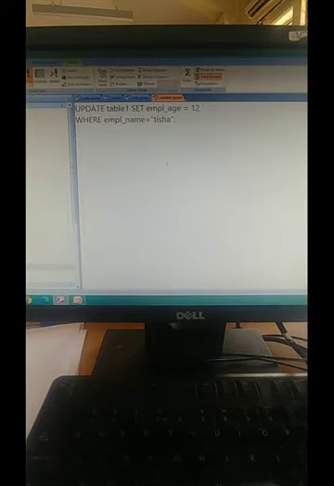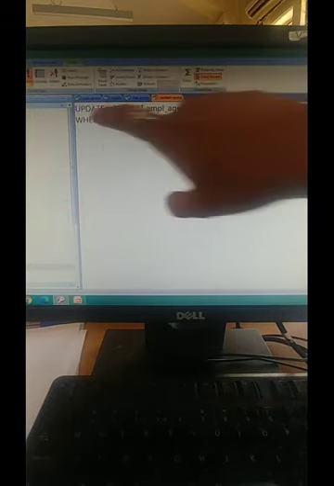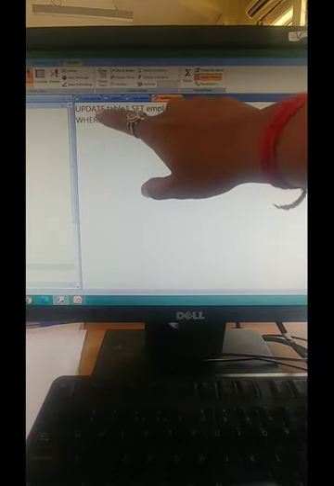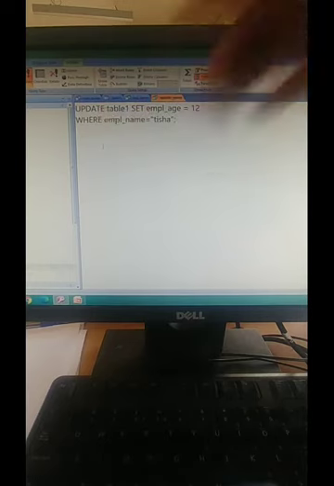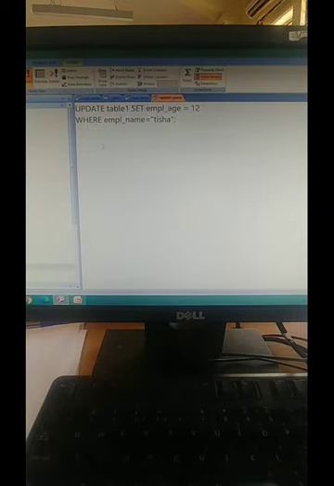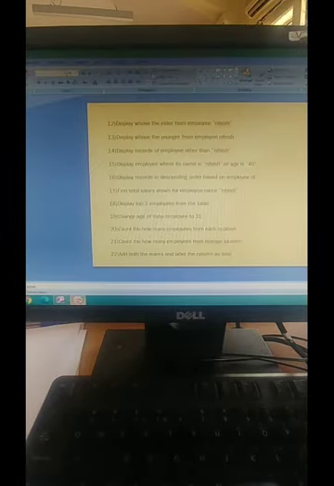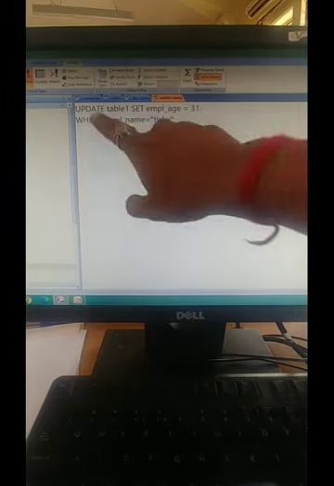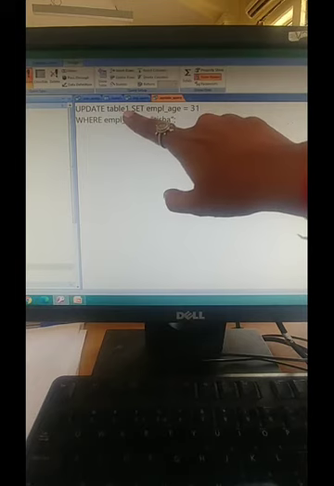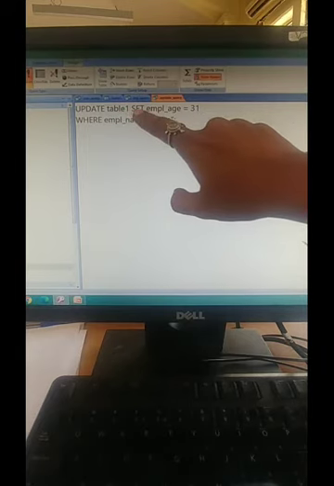Now the query is quite different. You have to use the UPDATE keyword, not SELECT. It starts with UPDATE because I want to update the age from 45 to 31. Update, give the table name, table 1, then SET.